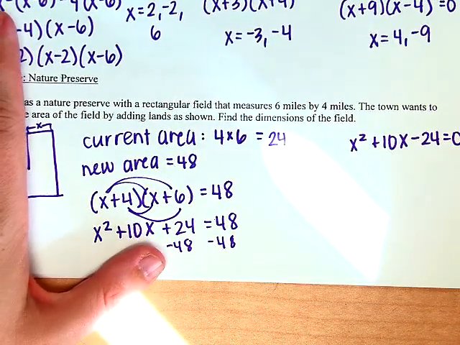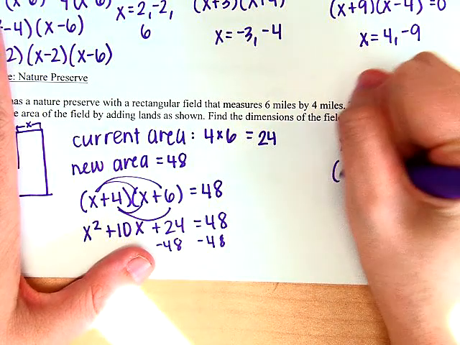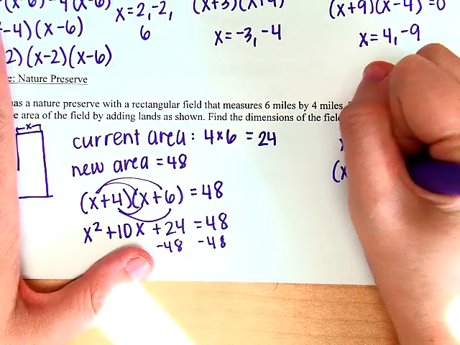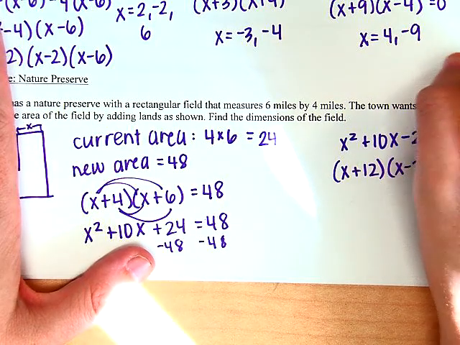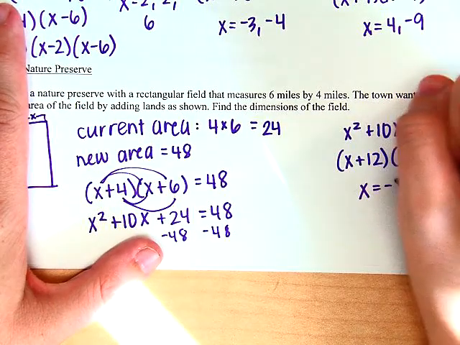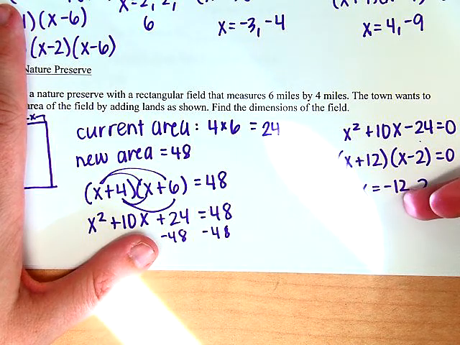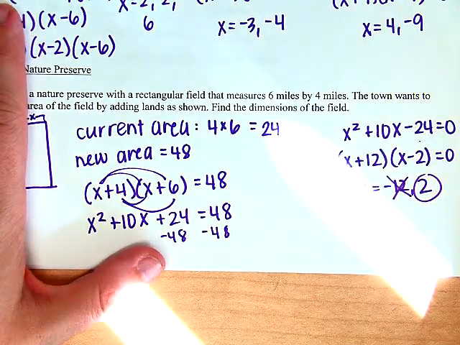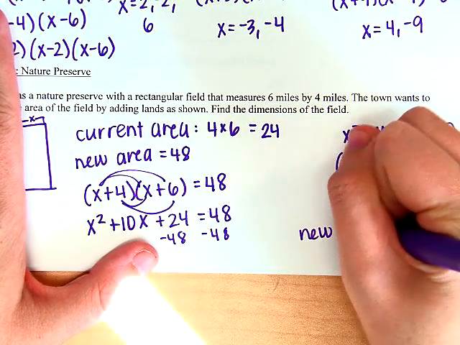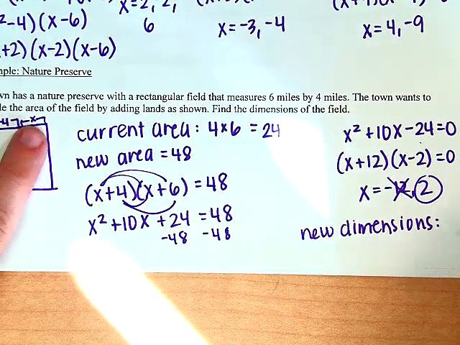So now when I factor this, what multiplies to be negative 24 and adds to be 10? 6 and 4, so I got x, oh no, that's not right. 12 and 2, here we go. I got x plus 12, x minus 2 equal to 0. And then when I solve it, my two answers are negative 12 and 2. Well, we can't add a negative onto my field, so my only choice is this 2. So I'm adding my new dimensions. I'm adding 2 on, so it's going to be 6 by